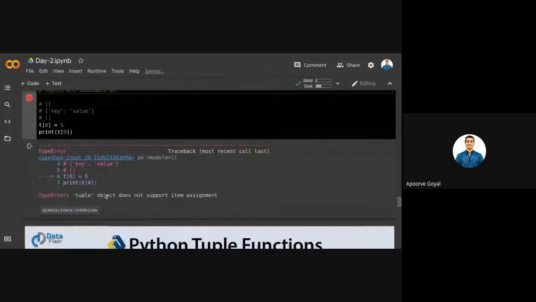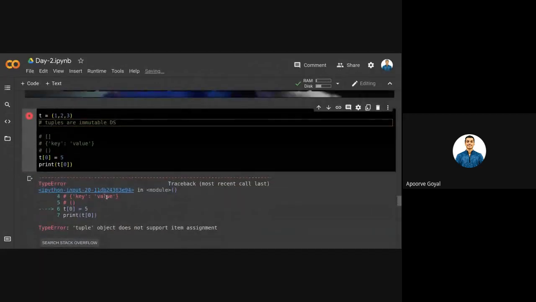So why would you use a tuple? A simple example is, suppose you want to write a program where you don't want the values to be changed. Once the user entered some value, you don't want it to get updated. You want a secure system where values can't be changed by some outsider. So you store the values in a tuple so that once stored they can't be changed later on.